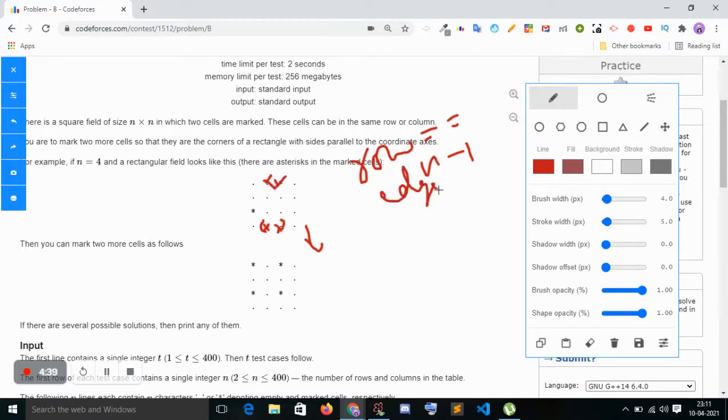This is the edge case, so I have to make a different condition if the row equals n minus 1.